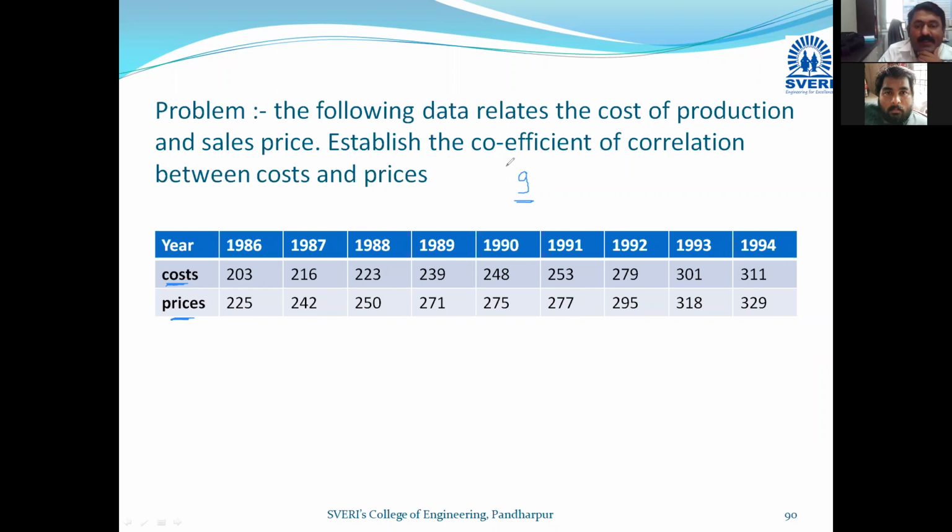And we have to establish the coefficient of correlation between cost and price. What is the coefficient of correlation between this cost and price? That is, we have to calculate the value of gamma. We have already discussed the formula. Now let us make this in tabular form. So this cost I will